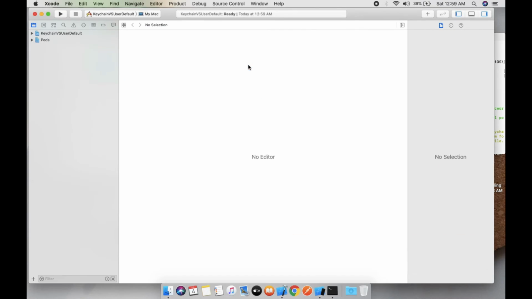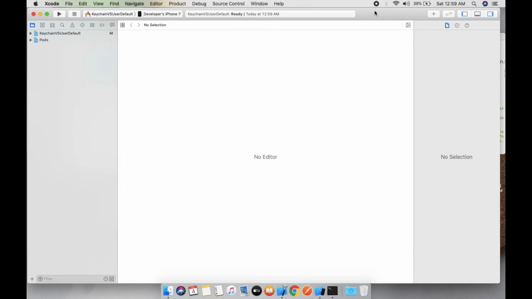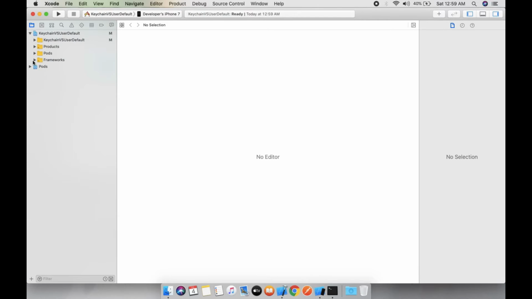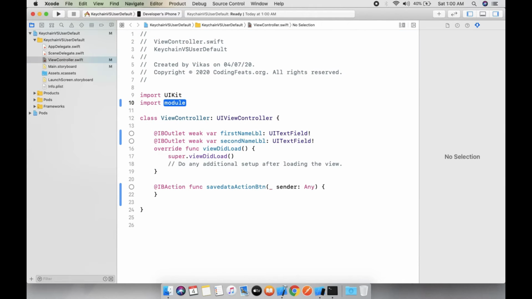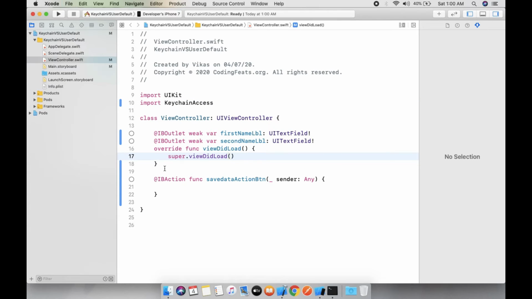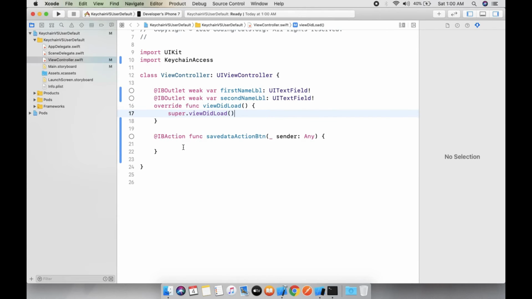Let's open this workspace, and here you can see this is my view controller. Let's import KeychainAccess, and here you can see this is our action button.